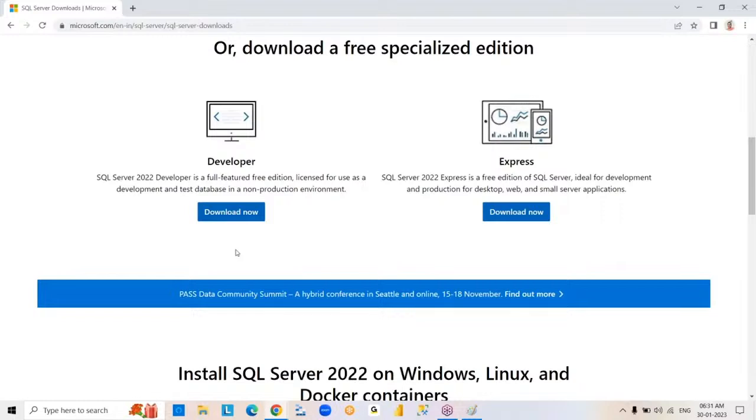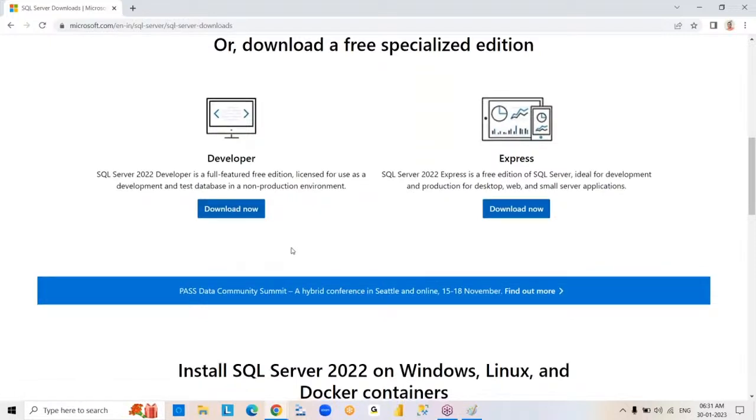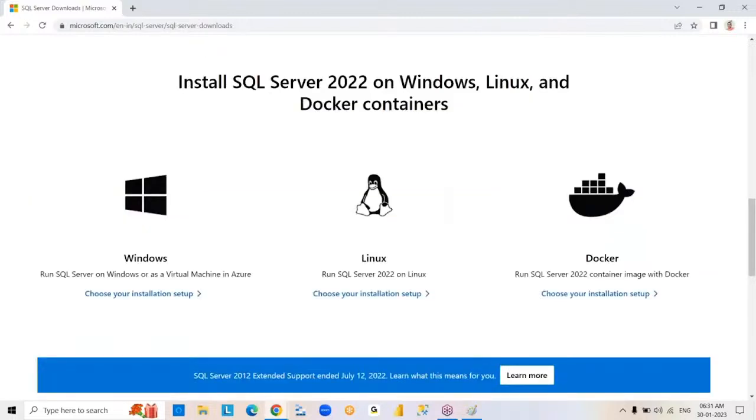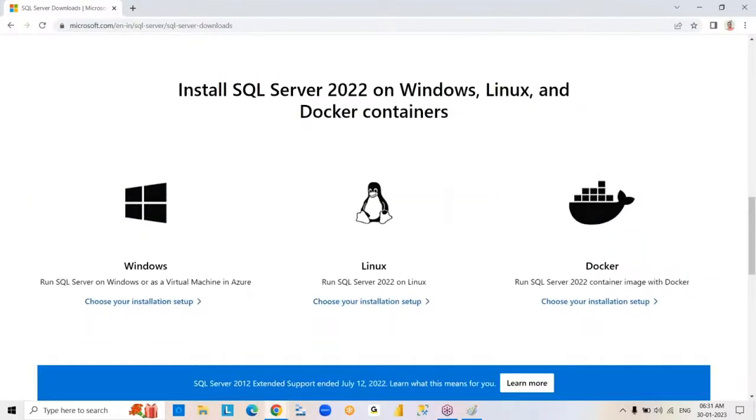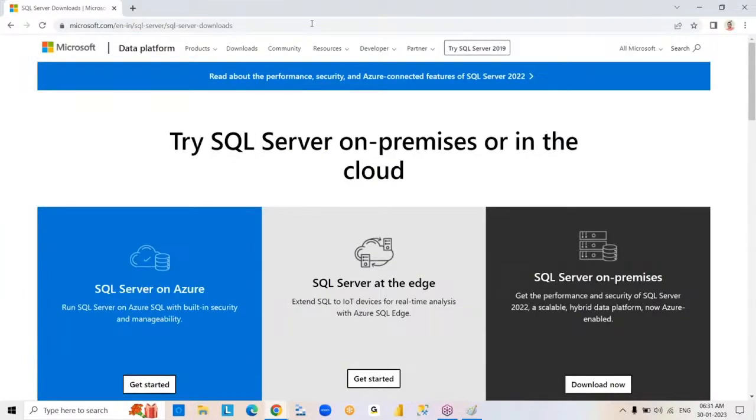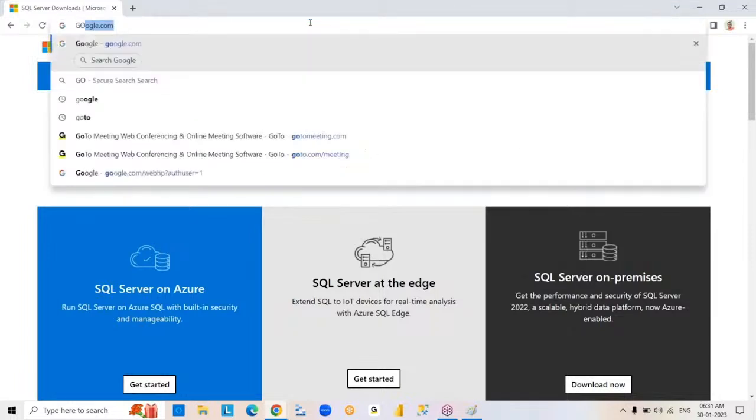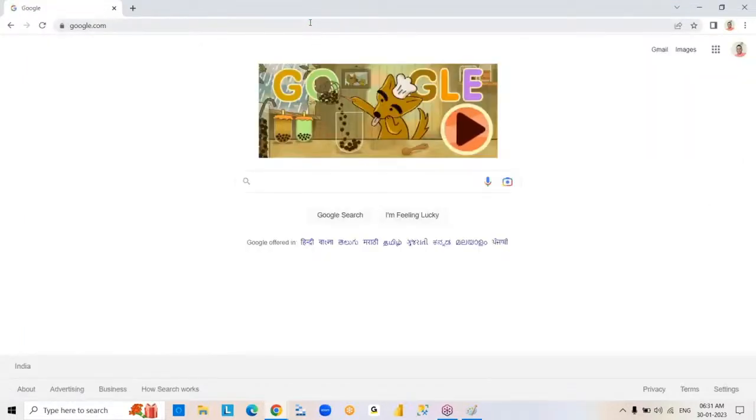Okay. So you can download it and install. Okay. Now, an installation video I will share. Next, after completion of the SQL Server installation,